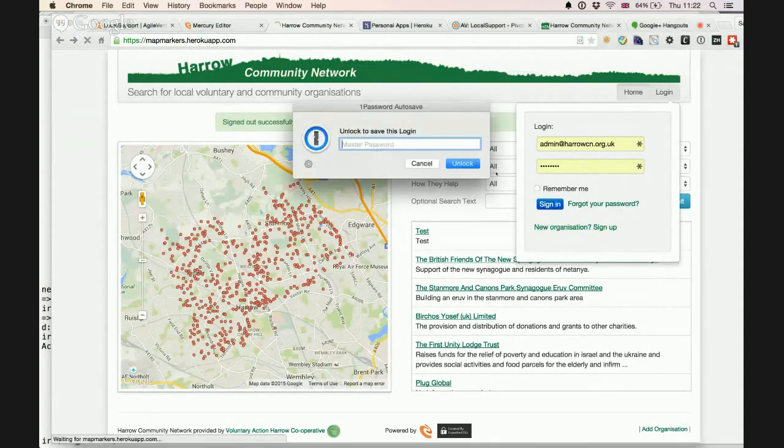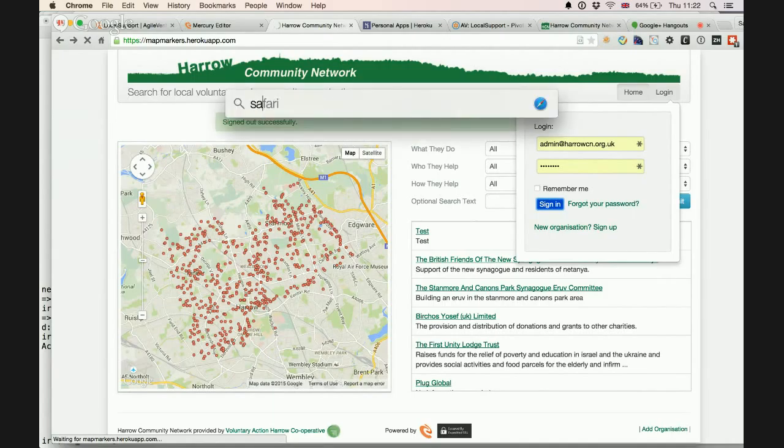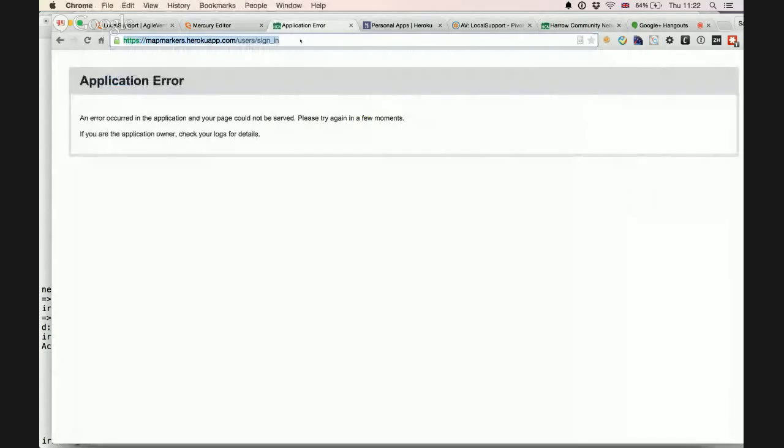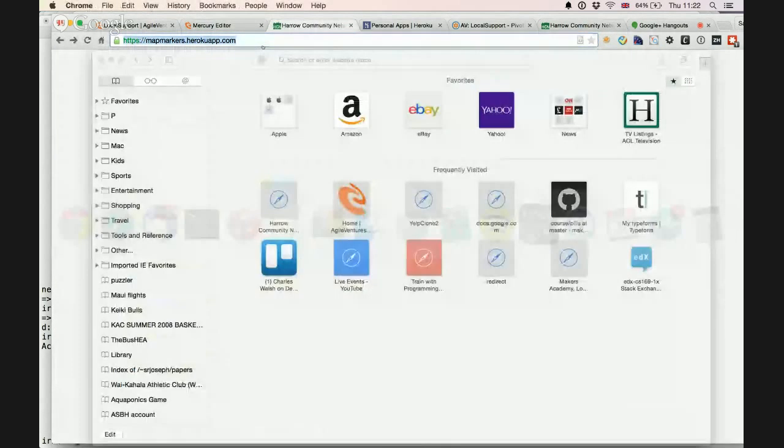Actually, I guess if I sign in as an admin, let me sign in. I just worked out something. If I sign in as an admin, I can maybe look at and see what the other accounts are on the system, because of the workflow that we want to see, if this will let me sign in. I might also bring up another browser, and let's pop that in there.